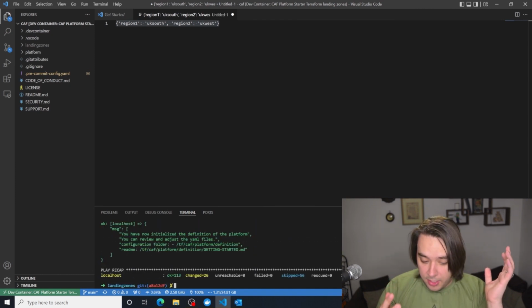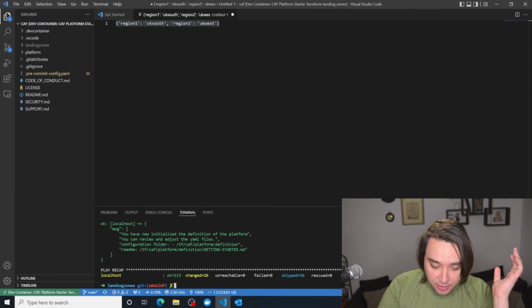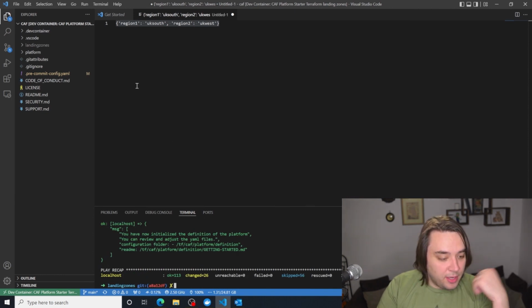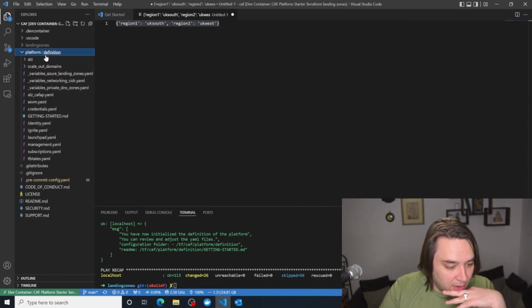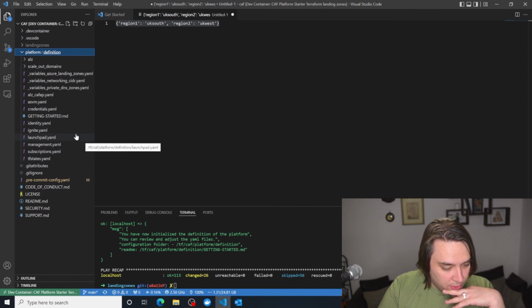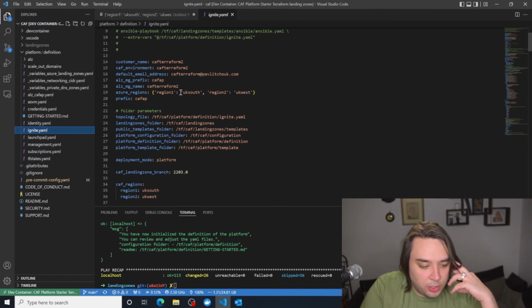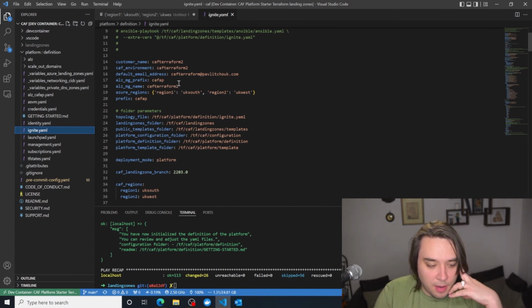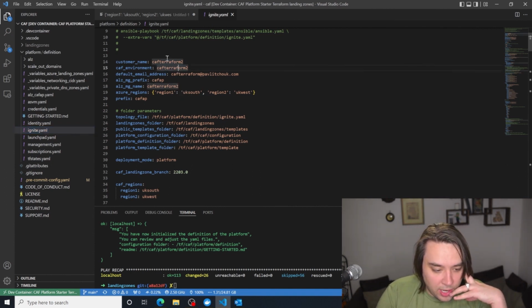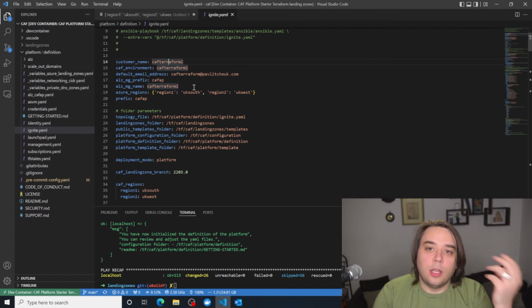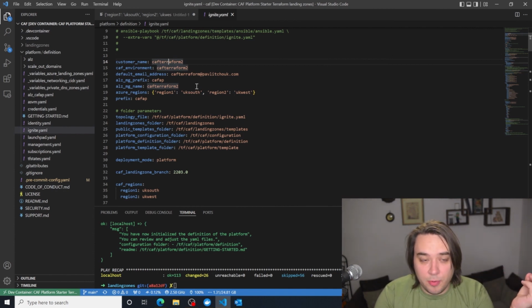Cool. I didn't really see many red errors, so I'm quite happy with that. So essentially what's happened now is if we look at the platform and we look at the definitions, it's actually created a bunch of YAML files for us, and it's mainly created this Ignite. What's really cool is that these YAML files now contain my actual configuration variables.